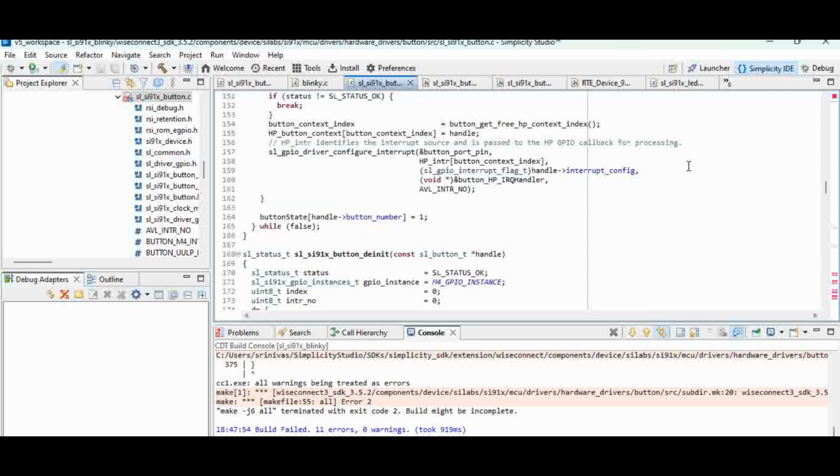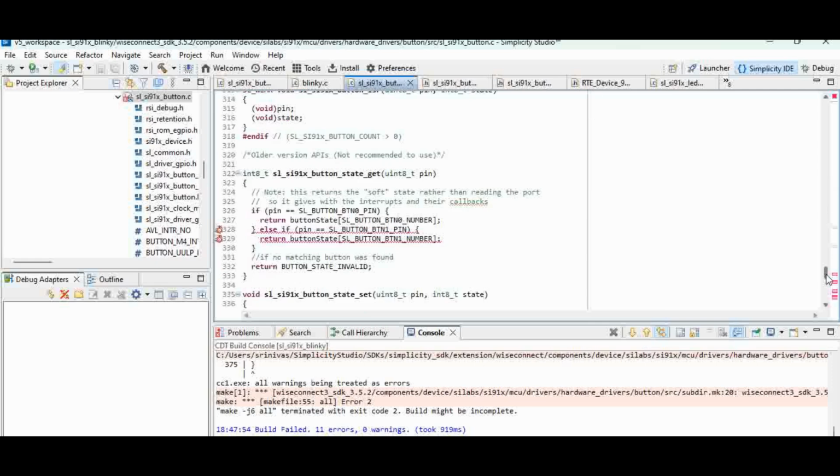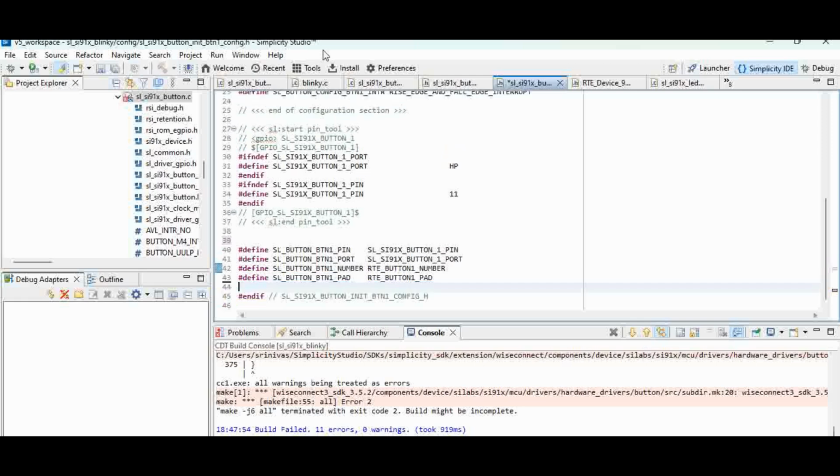Okay, this is a basic file. Okay, so what it is actually doing is this particular port is used by